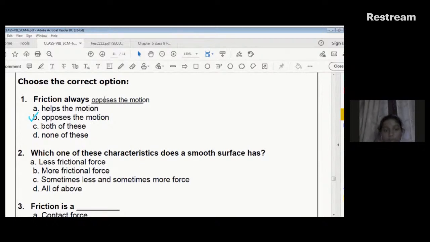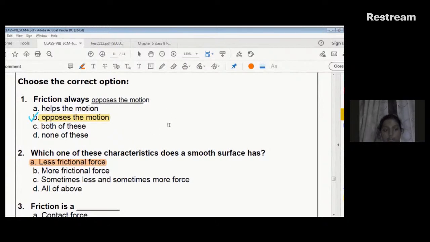So, what will be the answer? Yes, you are absolutely correct, it will be number A,